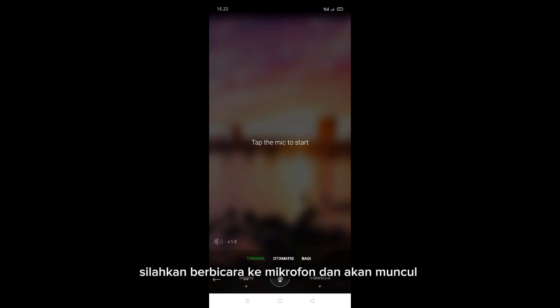Let your voice simply talk into the mic. When you're ready for another language, notice that with the button below the microphone you can set your language. You can set your spoken language. I'll set mine to English. And you can set the language that you would like your speech translated into. In this case, I want to translate into Indonesian.